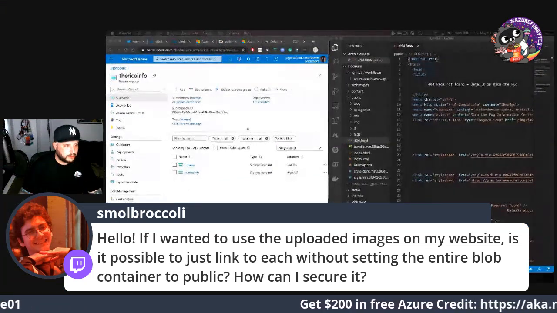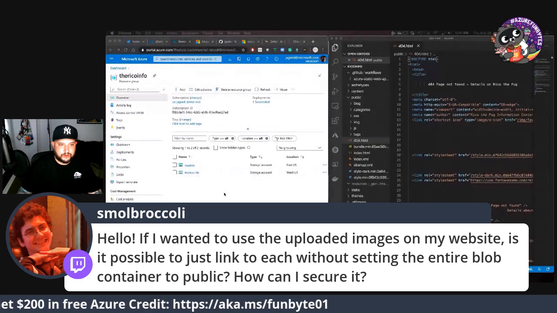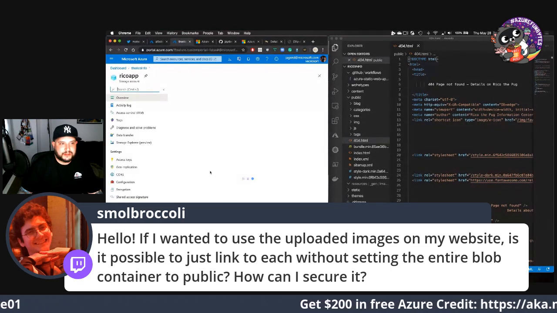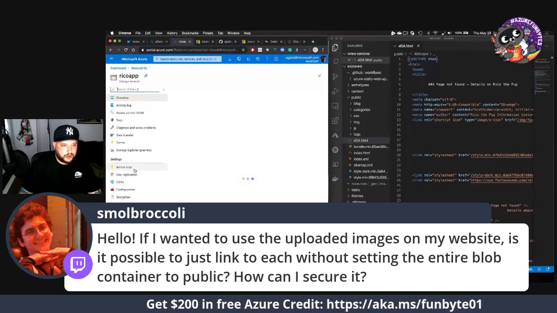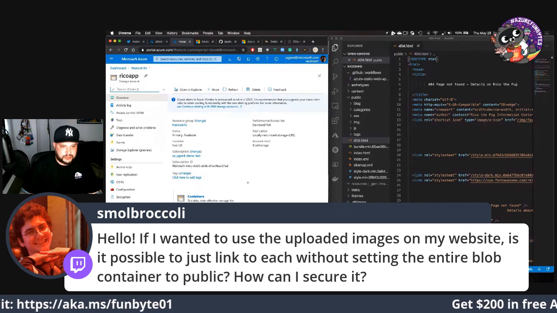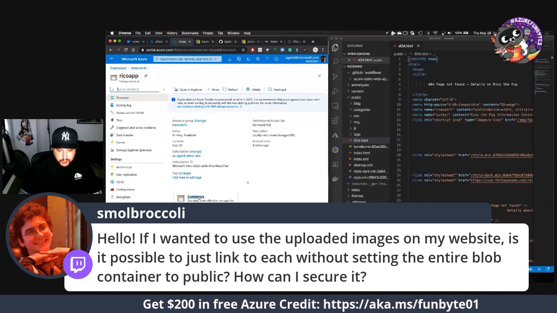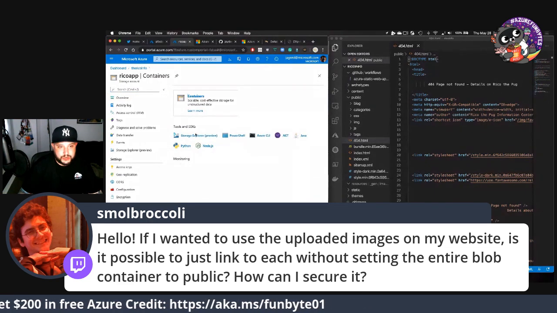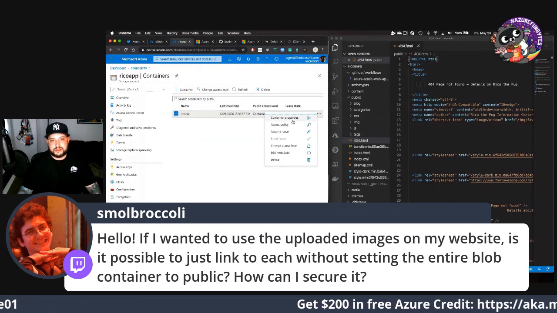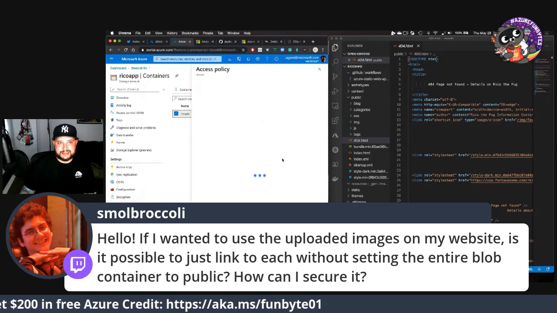Okay, there we are. Let's focus again on the Rico app one that we were talking about. Small Broccoli, let's show you in here. What we have here are firewalls and virtual networks that we can actually secure our images or our content in general for. Then we can also go into containers, and we can see here container properties, access policies. So we can go into access policies,